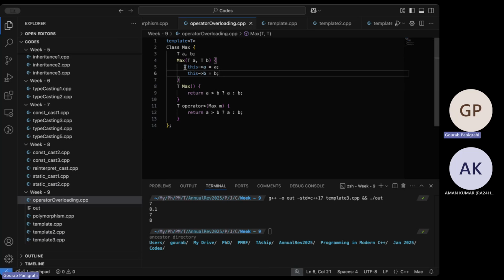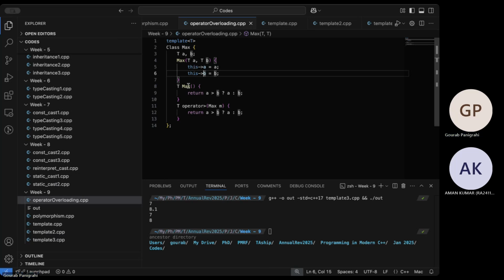Whenever we have this with arrow A, it refers to its own variables. So here A and B are defined. Line number 3, those are the A and B's with the keyword this.